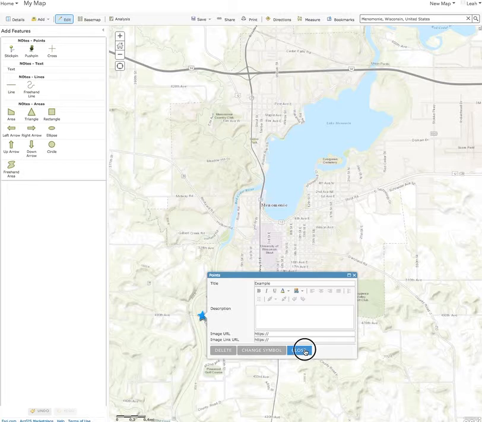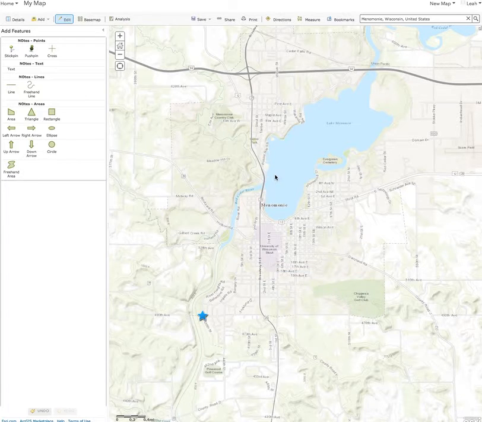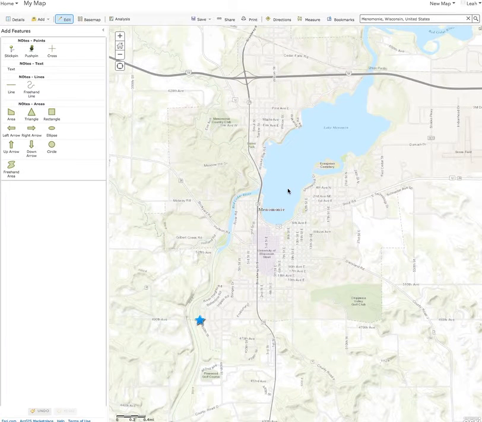Okay, so I'm done with that, and I'll hit close, and then I can go to my next one and do my next push pin. And I think that pretty much completes all of this part of